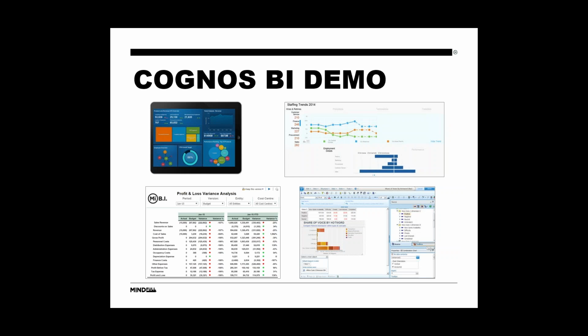Okay, I'm just going to show you a quick demo of what Cognos BI looks like. It's not that different to what you would see in the existing version of Cognos, but I just wanted to show how some of these things present themselves. For those of you who haven't really used BI, you've got the ability to view reports on mobile devices, and these can be rich and interactive reports. So whether it's your iPad or your Android device or whatever it is, Windows device these days, you can essentially